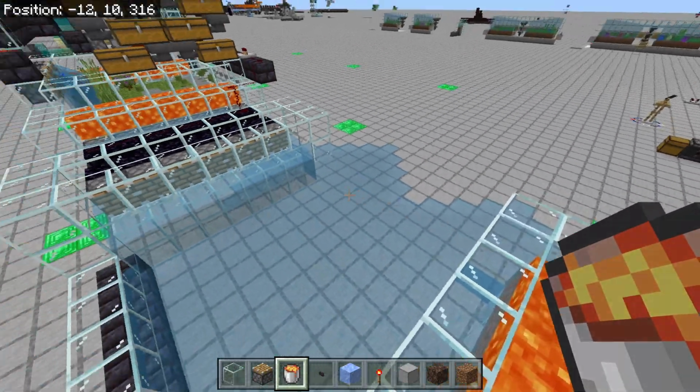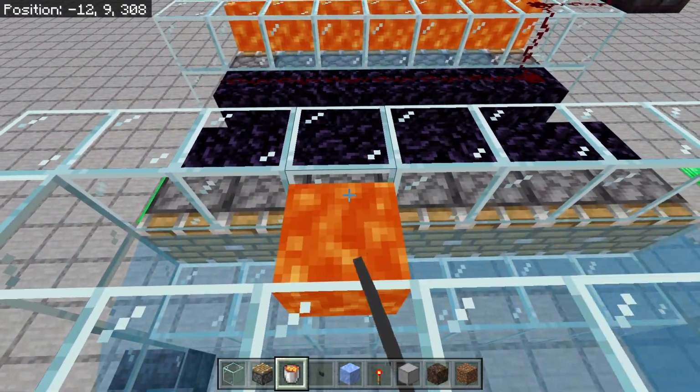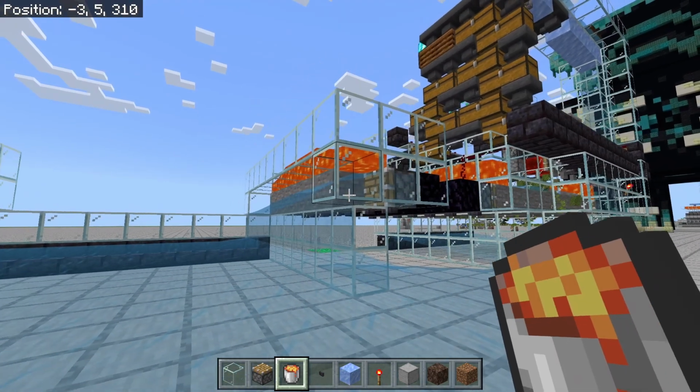Then you're going to do the exact same thing on the other side. So 1, 2, 3. Lava bucket here. And then 1, 2, 3. Lava bucket here. Once you have done that, the lava is going to start to flow, and then you'll be